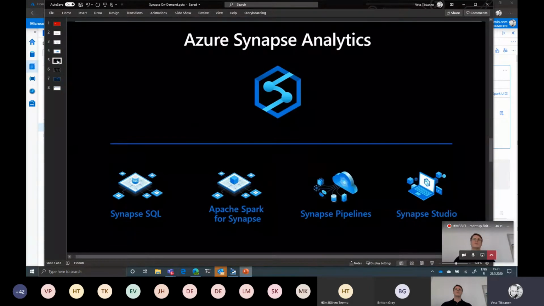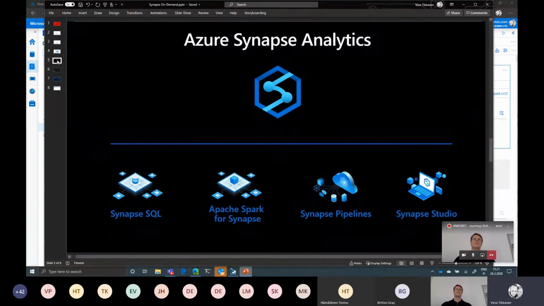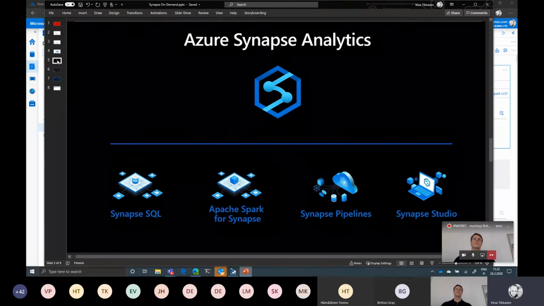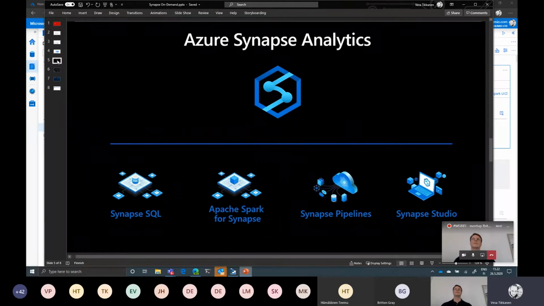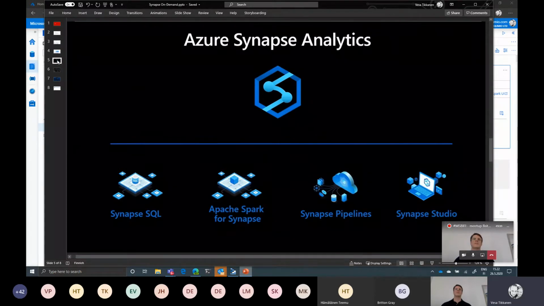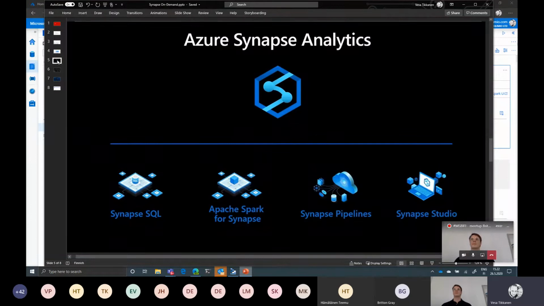A new way to see what types of services are available in the Azure Synapse offering is that it is a combination, or union, of four main components. First of all, the Synapse SQL. Synapse SQL is